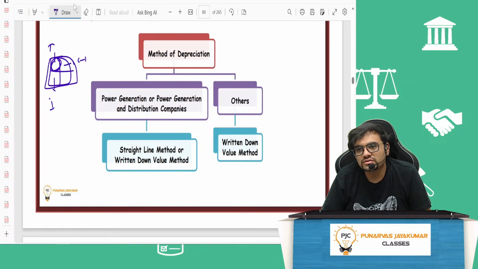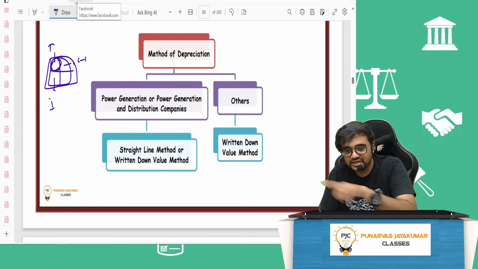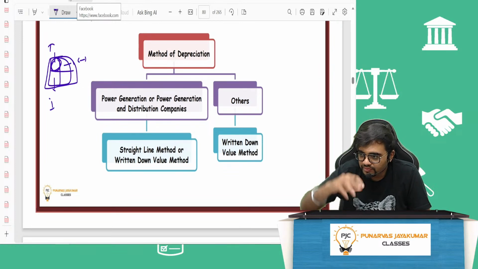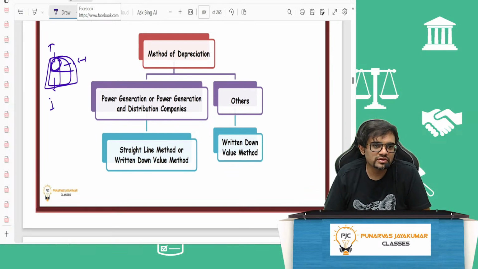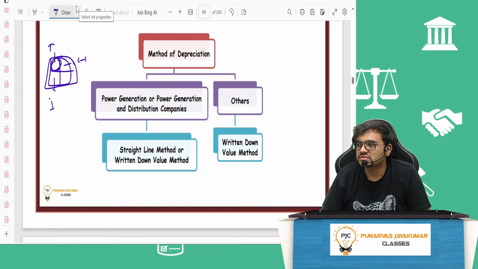This also went to court. Land, there is no depreciation. So the main thing in this, I should buy that fertile land for pisciculture. I can't put fertilizers there. The soil only should be awesome. So I will buy land by paying crores. And the income tax department said, land, no deduction, no depreciation.